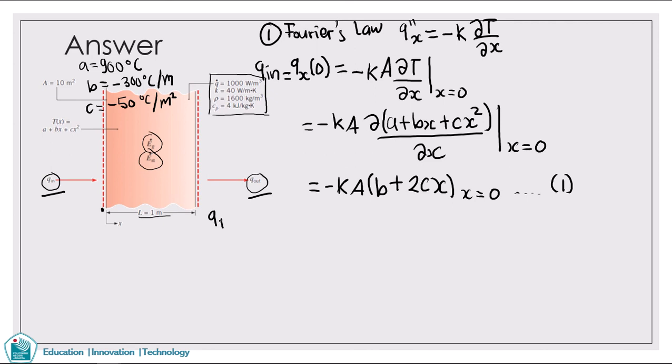So the Q in is equal to, since x equals 0 means the 2Cx term will vanish, we only will have the minus K A B. So it means the K value is 40 watt per meter